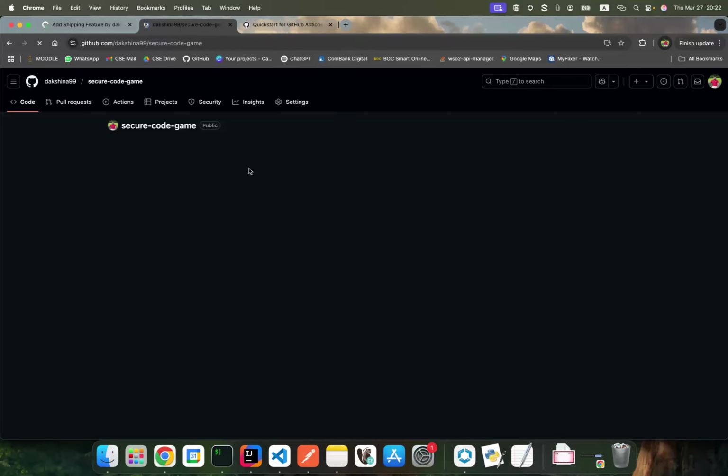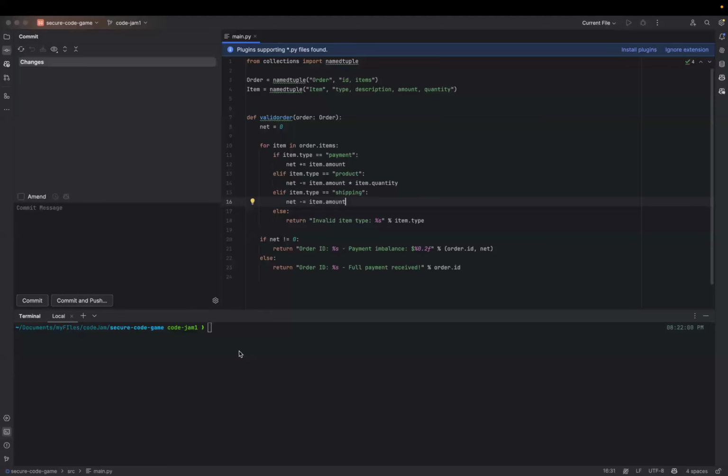The thing I wanted to emphasize is I have made changes on top of this CodeJam 1 branch, which I locally created, but I haven't pushed them to a remote. Git remote -v, I haven't pushed them to any remote, to the origin or to the upstream, right?